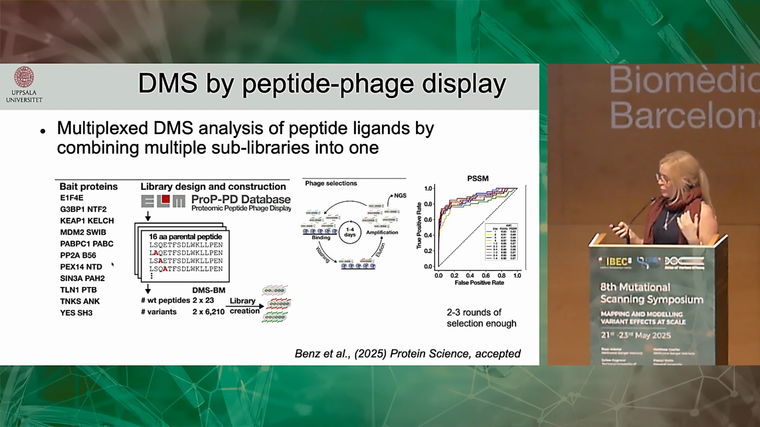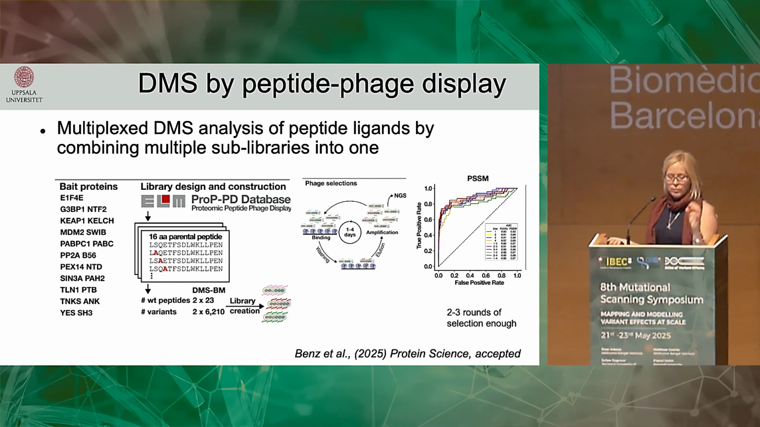So what we wanted to do then, because we were a little bit jealous of you guys all doing deep mutational scanning, was to develop a multiplexed peptide phage display-based approach for a quite efficient high-throughput profiling of motifs. To do this, we generated a bait protein collection for which we know what they are expected to bind. We then went to our favorite databases, the ELM database and our own motif collection, and we picked